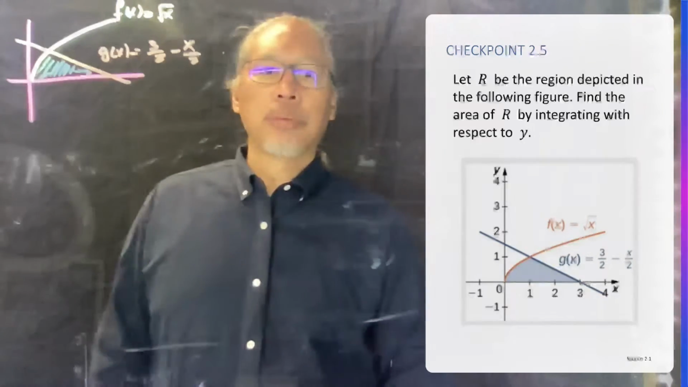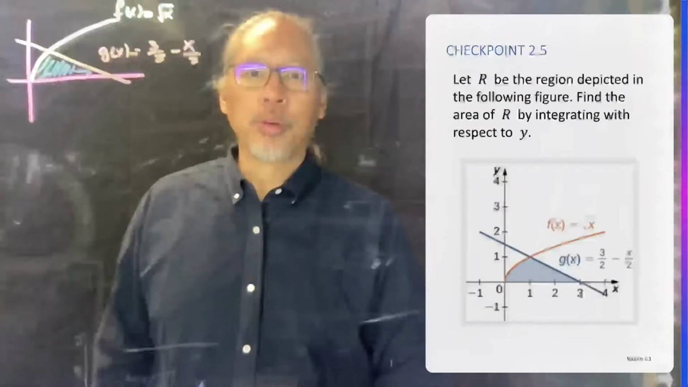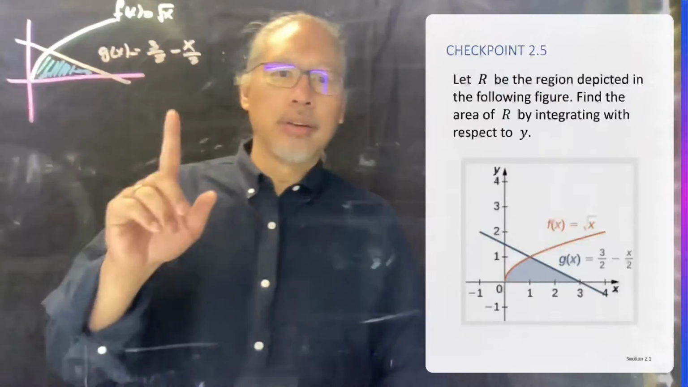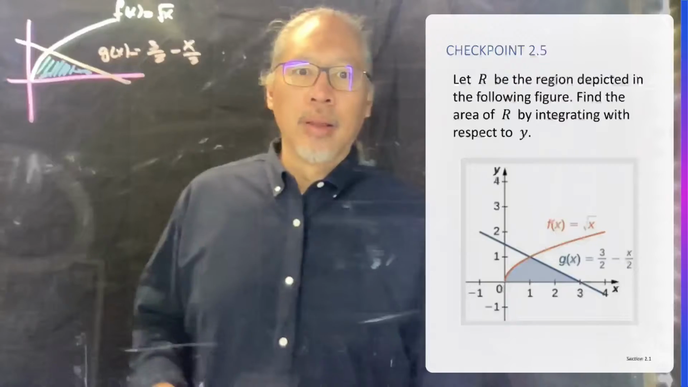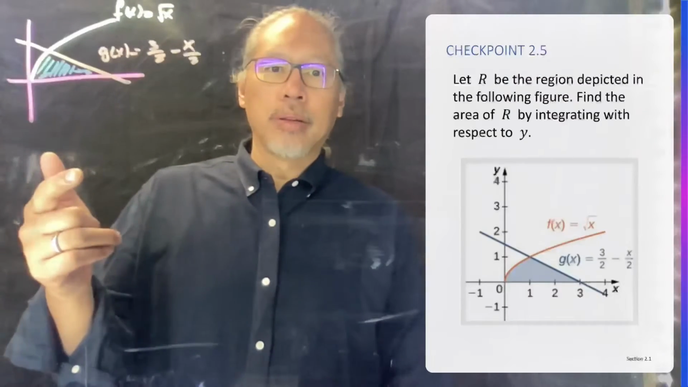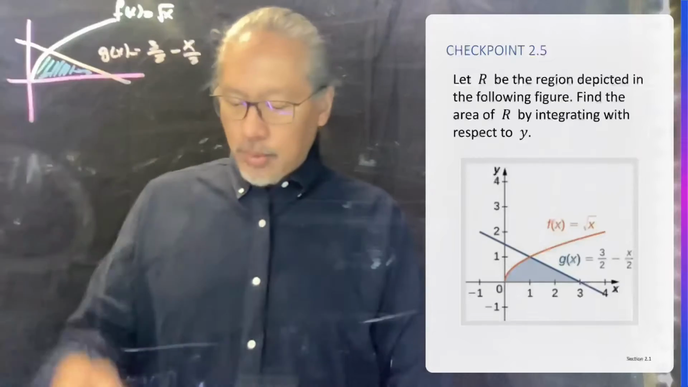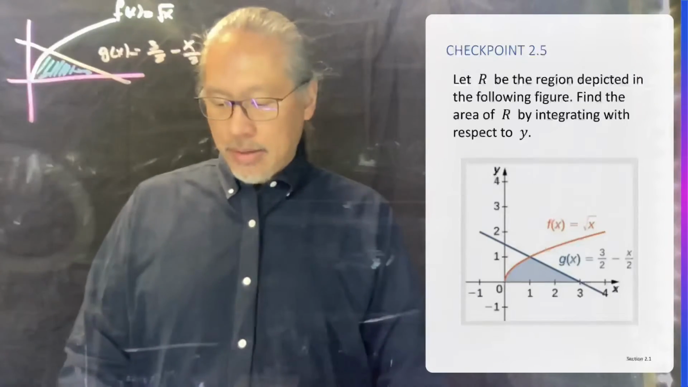Hello, this is checkpoint 2.5 from section 2.1. Here they want us to find the region depicted by this figure and the area, finding the area with respect to, by integrating with respect to y. So if we look at it along the y-axis, we can kind of see that